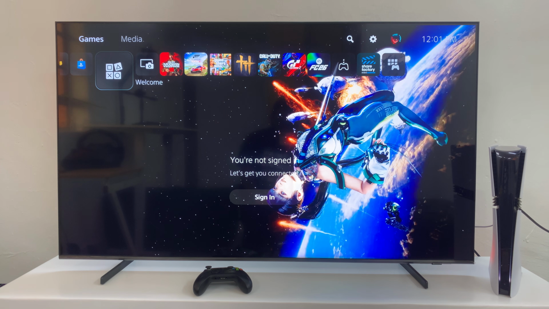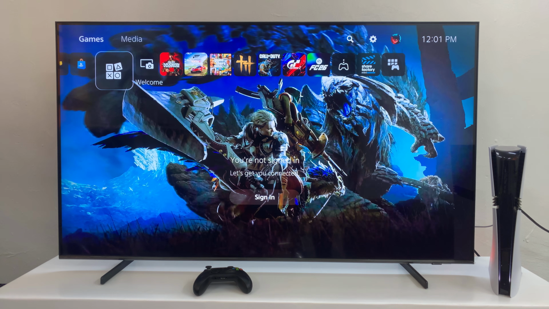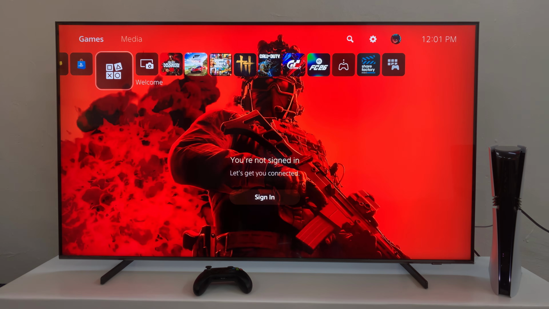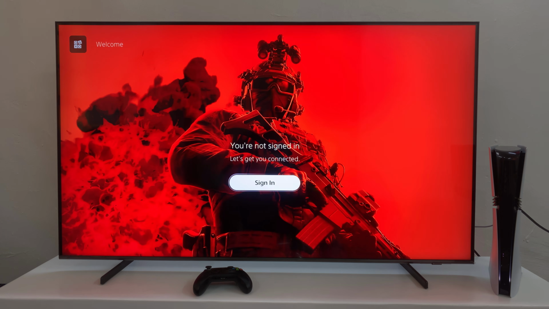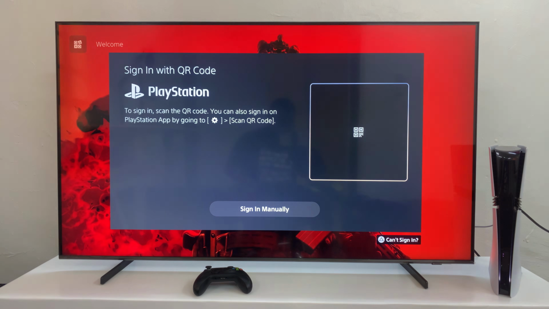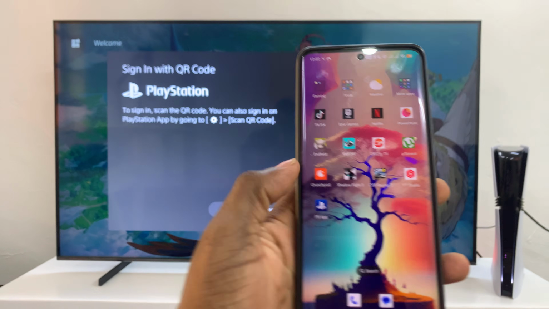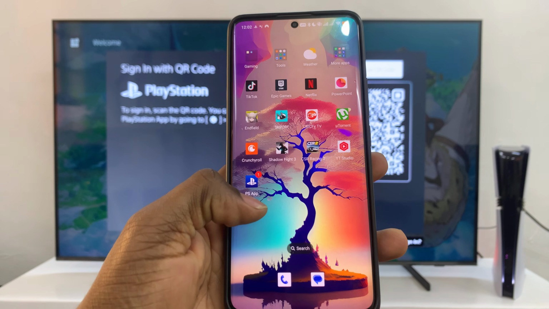In this video, I'll show you how to sign into your PSN account on your PlayStation 5 Pro using your PS application. Now, all you have to do is simply scroll down and select sign in. And then from the options that appear, you should see a QR code that you should scan on the PS app. So all you have to do on your mobile phone, simply launch the PS app